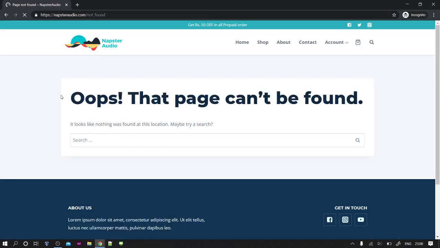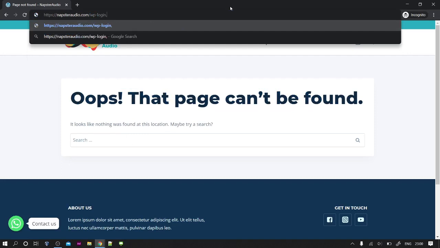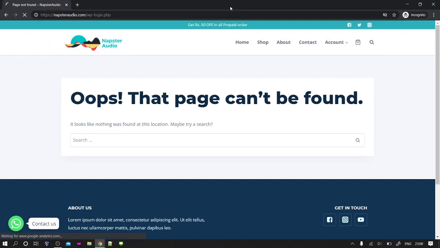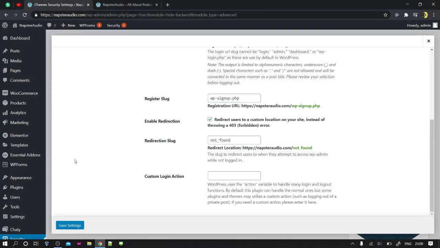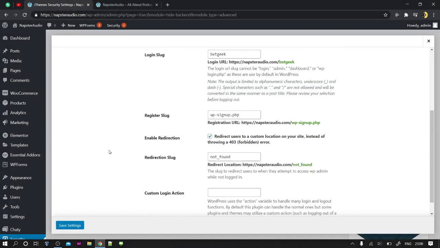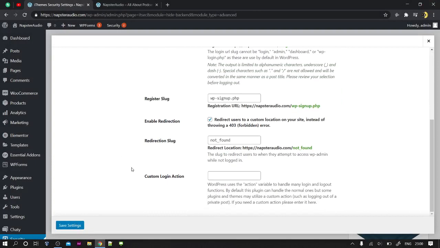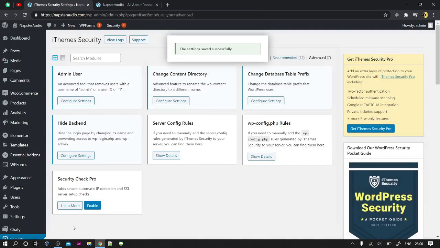WordPress backend, but it is showing us this error. So wp-login.php, let's see whether it's working or not. Okay, same issue. Let's try with the slug that we already provided, and it's working. This is another very cool feature you can use with this plugin to secure your website. If you do these things, they will protect your website. Not the best way possible, but it will give you some security over the WordPress default security.